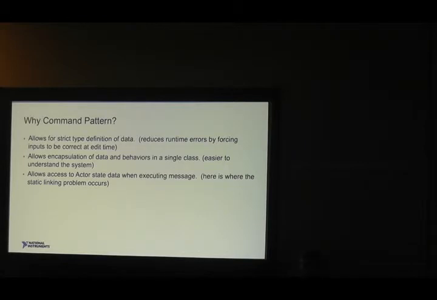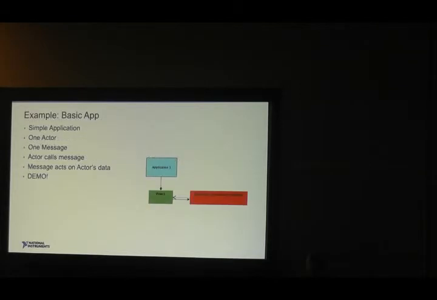The message itself, the payload data that's coming in, you need to know what that payload is to create the message. And then when you want to run the message, you need to access everything that the message does. And since these messages are being executed within actors or independent loops, threads, however you want to talk about them, they need access to the private data of the actor so that they can make changes to it. So they need to be able to read that state data.